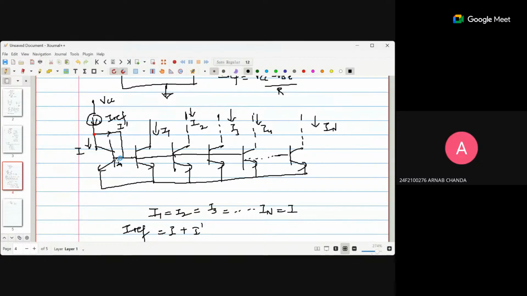Yes, ma'am. This current here is driving these transistors, because it is splitting here, and this is actually the sum of all these, correct? Mhm. So this itself is small. If there is any resistance in all the subsequent transistors like I1, I2, where the current is coming through, if there is any resistance, then